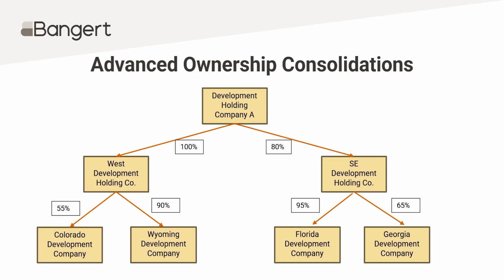Any questions on which one you should purchase, please reach out to us. But most of the time, if you are in one country, in the US, domestic consolidation will be the appropriate option for you. But if you have a complex structure and you have multiple tiers, multiple ownerships, you could potentially be in this advanced ownership consolidation feature as well.